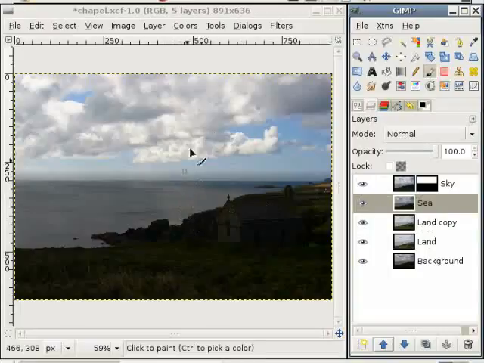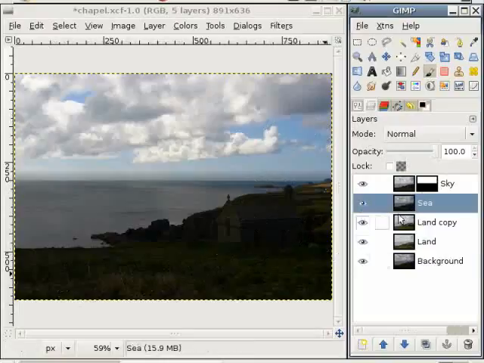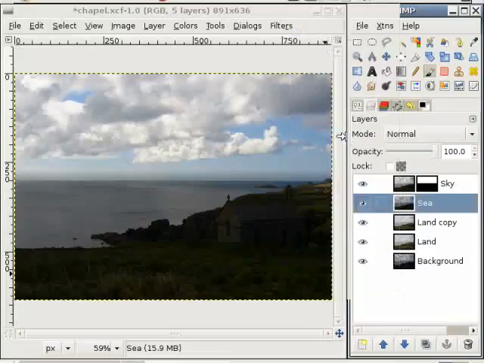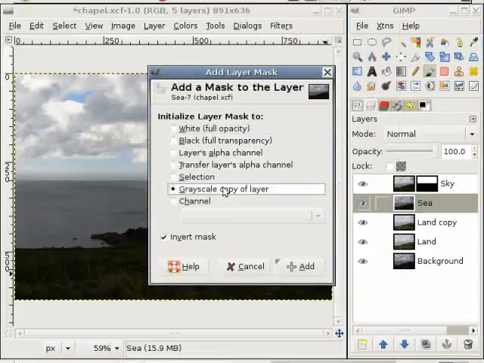And you see now the sky is not disturbed by this, only the land here. But I'll mask that out. To do that, I add a layer mask. Right click, add layer mask,